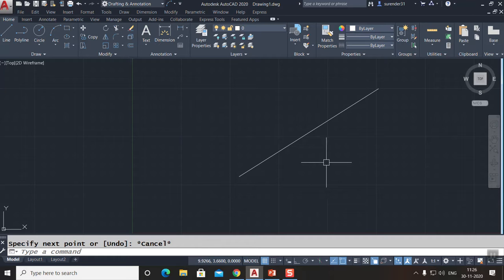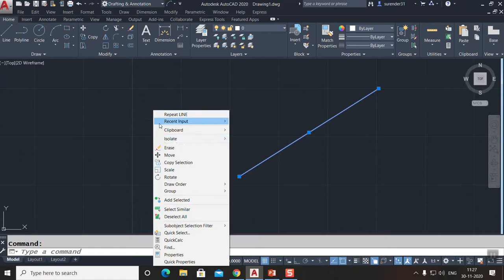This OSNAP mode nearest is very highly used when you're working with scanned images, where we need to locate any point on the object. There we can use this nearest OSNAP mode very highly. But generally when you're working on a vector drawing, it's not at all required, and I suggest don't turn it on, as locating a required point on the object will take a lot of time. So that was about nearest OSNAP mode.